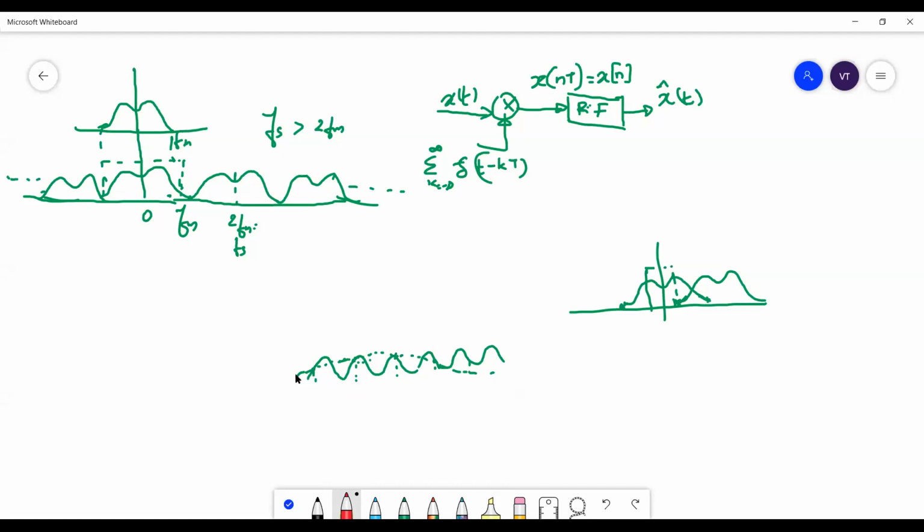So instead of getting back the high frequency sine wave, you will be getting back a very low frequency sine wave. So this is the sine wave that you will be getting, whereas this is the sine wave that had been originally sampled. Is it understood? So the high frequency sine wave, which was here and which is also present in its replica as here, is now being reproduced as a very low frequency sine wave.